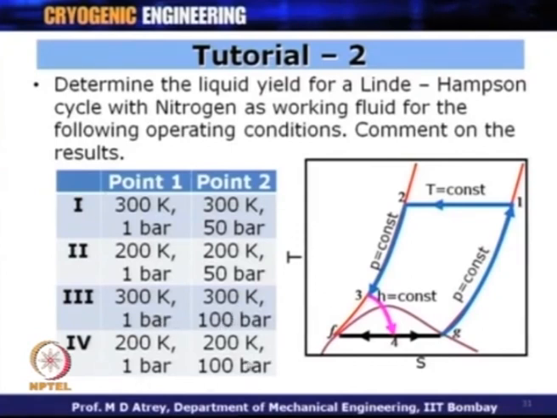The objective of this tutorial is to understand what happens if you have a compression at 300 Kelvin or at 200 Kelvin. This is the isothermal compression from point 1 to point 2. This can happen at 300 Kelvin, which is room temperature, or we can have the compression at reduced temperature, which is 200 Kelvin, and we would like to understand how it affects the yield or work done, etc. Similarly, instead of compressing the gas up to 50 bar, if I compress it up to 100 bar, what are the corresponding changes? We would like to understand these changes even when the temperature of compression is reduced from 300 to 200